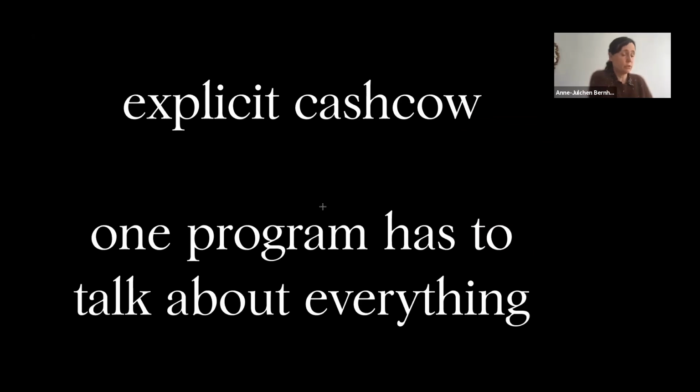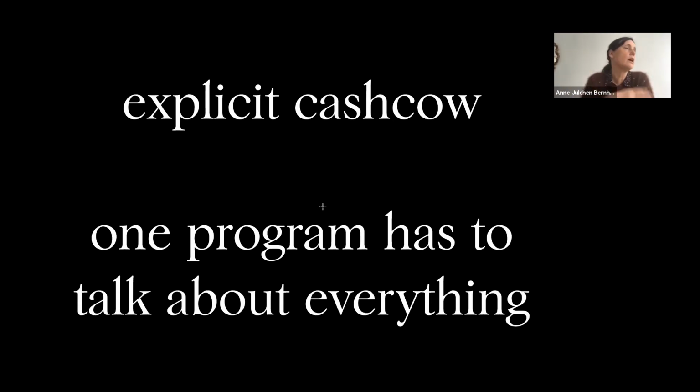So we had the problem that our super expensive building has to be explicit in talking about cheap things, and that the one program has to talk about diversity, and that the one building should carry information about being different parts, because in the urban competition we cut the main volume into four parts.